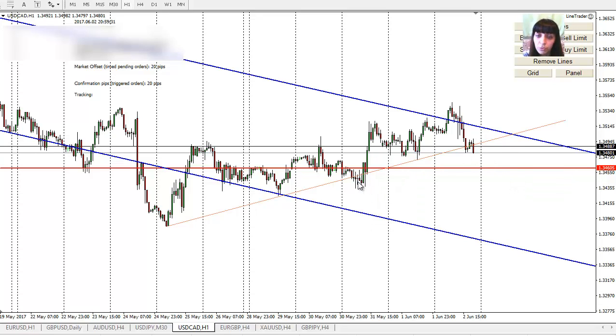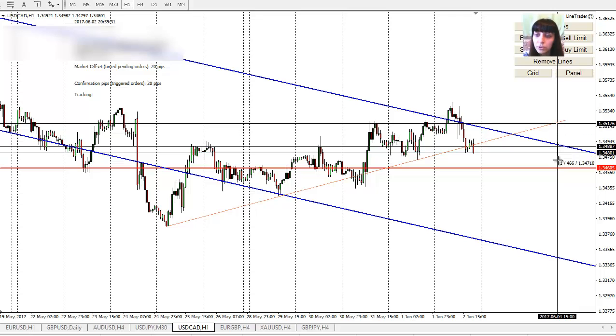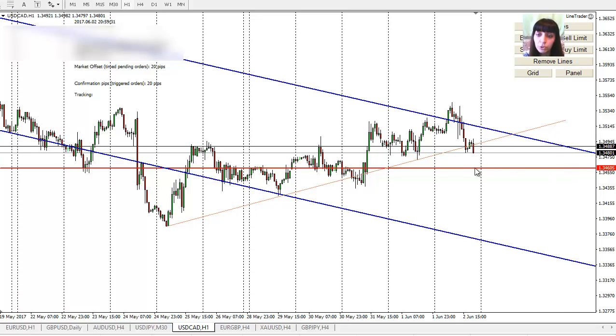But because we had this, it might sit around this level and, for example, not move before the news. Maybe it will create something little like here, maybe it will continue all the way around this level. Then of course, if it looks that nice, I would be looking for trades to continue, for example, even before that level. If it goes out a little bit further, we still have around 50, 60 pips before reaching that level. What I'm trying to say is that here, for example, it's too close to that level, so there is no room if the market moves.